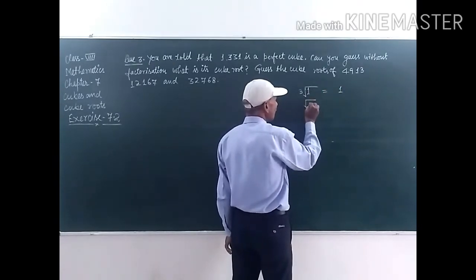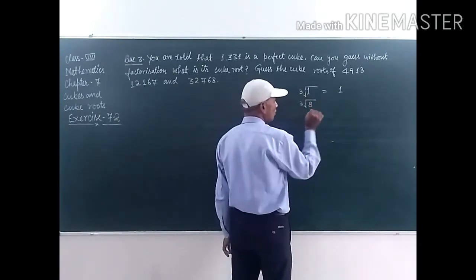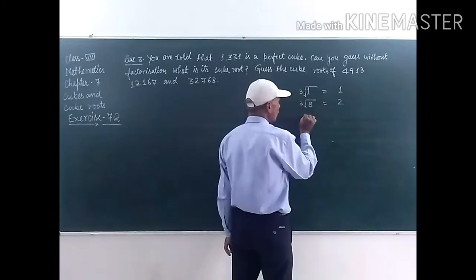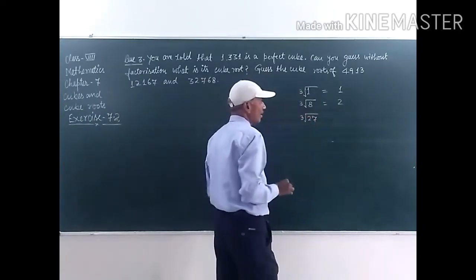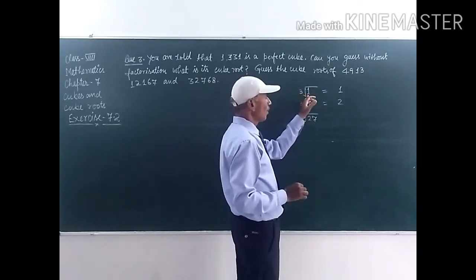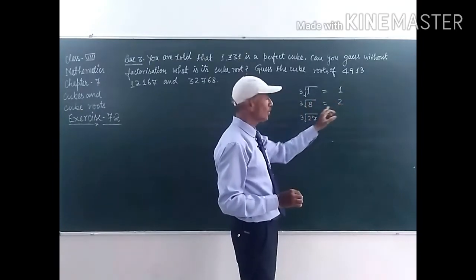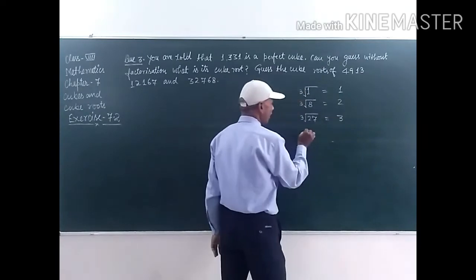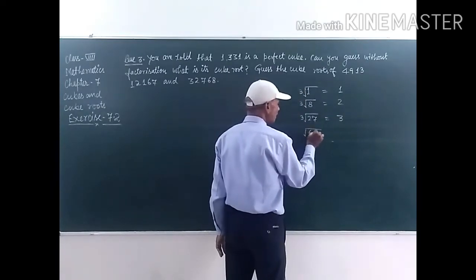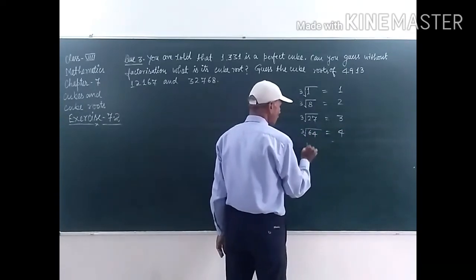Cube root of 8, the second perfect cube number, is 8, student. So cube root of 8 is equal to 2. Cube root of 27, this one is 1, student, so cube root of 1 is 1, cube root of 8 is equal to 2, cube root of 27 is 3, student, and cube root of 64 is 4, cube root of 125